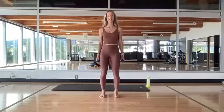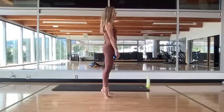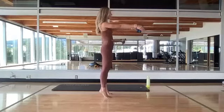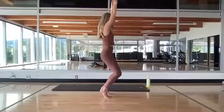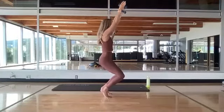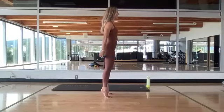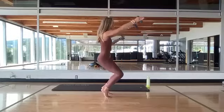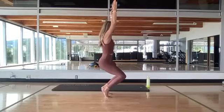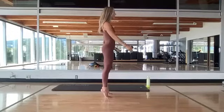Now we're gonna add a little onto that. So we're gonna go straight up with your heels, straight up in space. Let's reach our arms right up in front. You're gonna reach your arms all the way up as you bend down. Keep your heels lifted, so nice and long through your spine. Arms come down, bring them all the way down as you stand up. So inhale down, nice and slow and controlled. Your knees are pointing straight forward, so not out to the side or falling in, and then slow and controlled